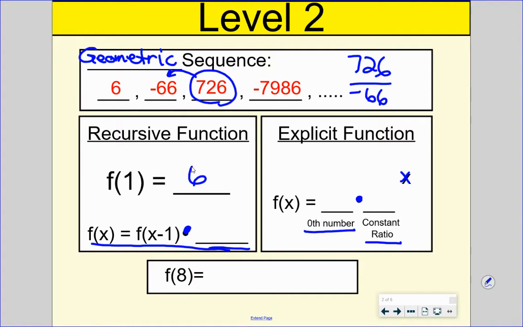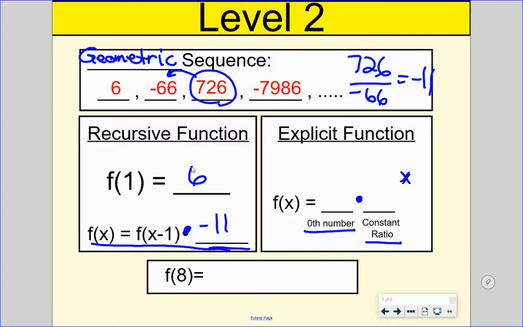Or you could have taken negative 66, which one is a little easier to do in our head, and divide by 6. And you will get negative 11. So our constant ratio is negative 11, which means we are multiplying each number by negative 11, and we need